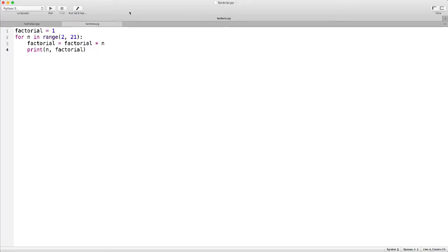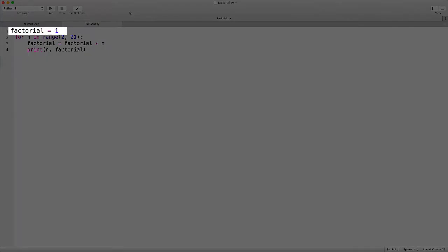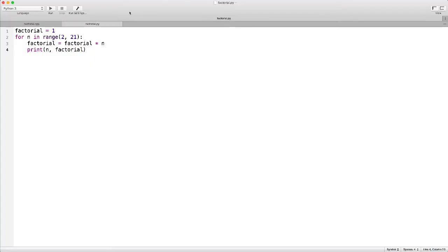Let's look at this variation on the factorial program using a different code editor. The program prints both the value of n and n factorial from 2 to 20. It initializes factorial to be 1, and then each time through the loop we multiply by the next integer, which gives us the factorial for that value. Inside the loop it outputs both the value of n and n factorial. By putting the print inside the loop, we can see how the factorial result is accumulated each time through the